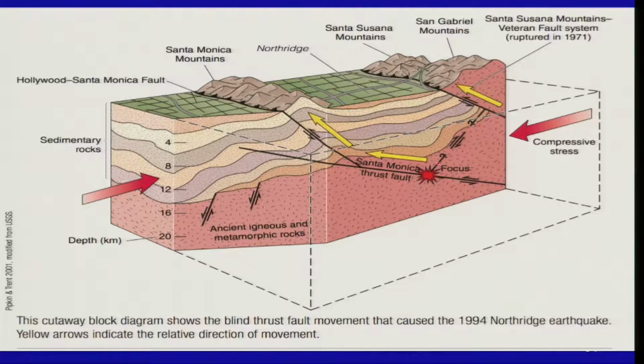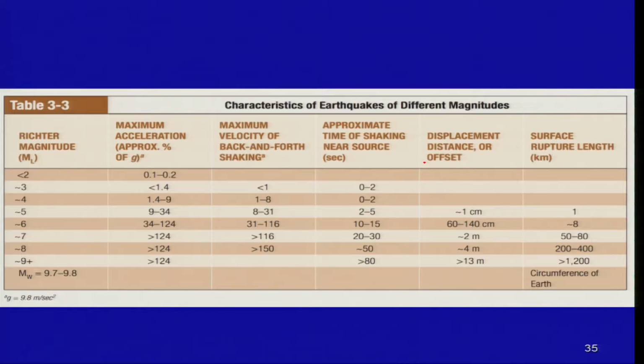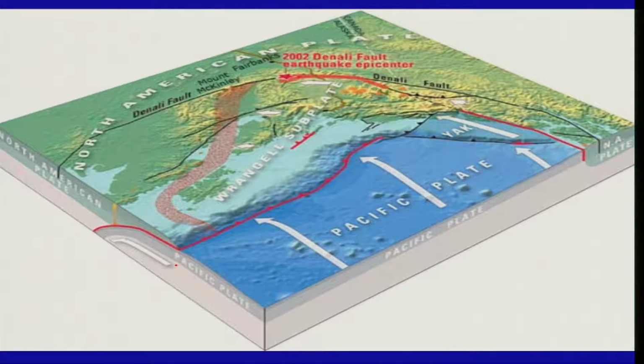Along with that, of course, we are concerned about the magnitude and how deep the earthquake will occur, because along with the magnitude the rupture areas will also vary. Of course, the peak ground acceleration will also vary depending on different magnitudes. This is an example which I feel is one of the best to understand